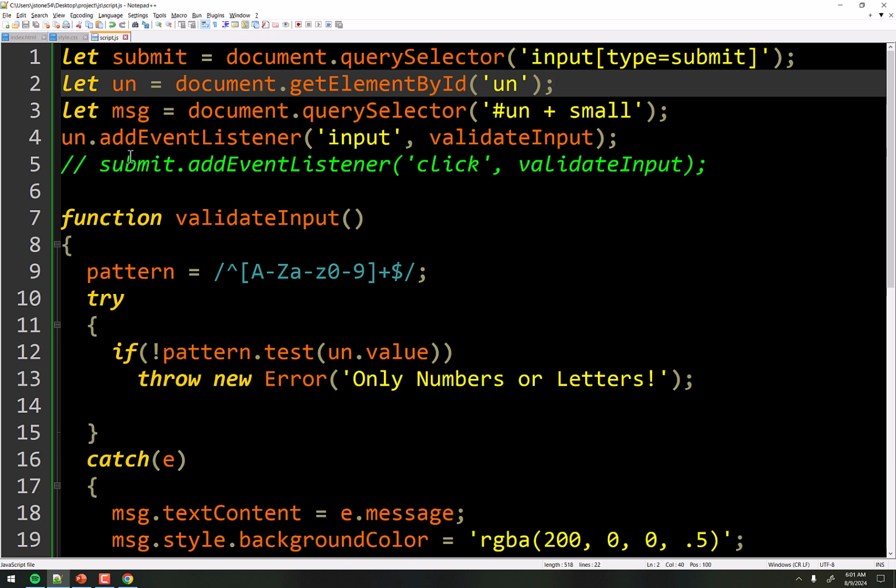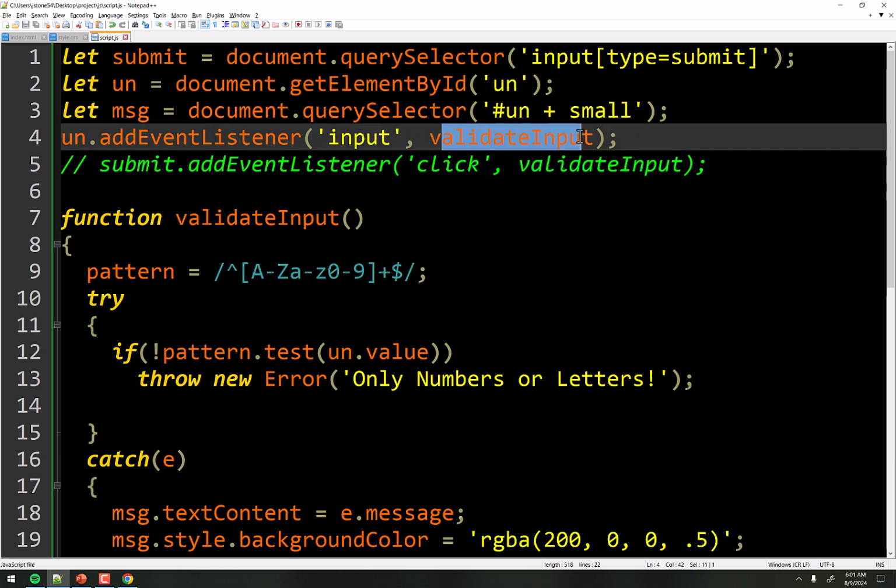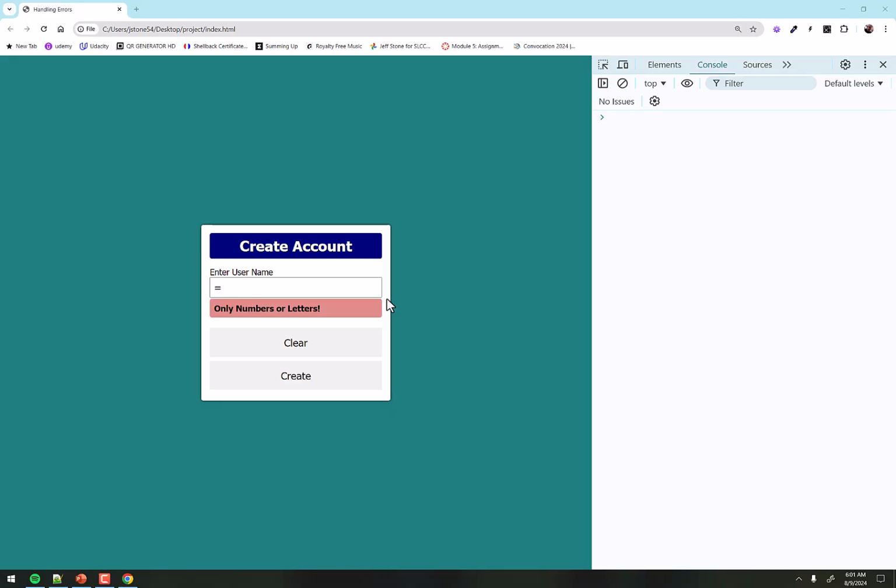And so we now add in a listener that listens for input. And so now that input's going to call the validate rather than the click of the submit button. That should already be a good start. If I start typing in here, Bob looks fine, but the moment I type a hyphen, only numbers please. Now if I back up, we want it to fix it and say that it is valid, because I don't want to have a mistake and then I fix the mistake and it doesn't tell me that I fixed the mistake. That's bad user messaging, right?